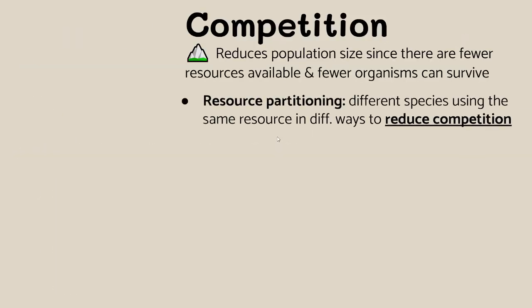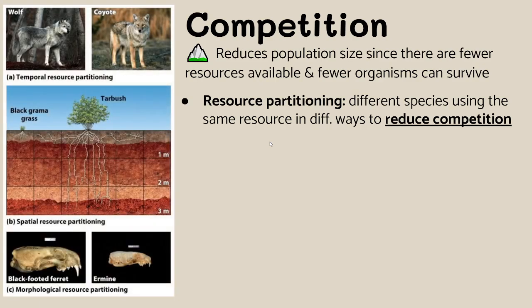Now, in the case of competition, where both organisms are quote unquote harmed, what we really are seeing is neither organism benefits to the fullest extent because they're competing over some limited resource. The way that this typically solves itself in nature is through what's called resource partitioning. And in resource partitioning, organisms are still using the same resource just in different ways, and that helps to reduce